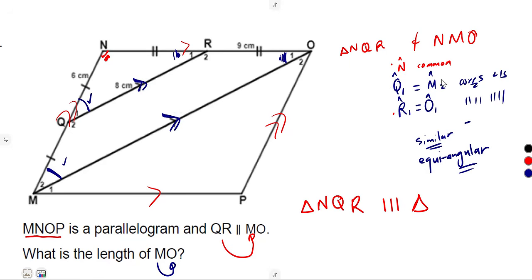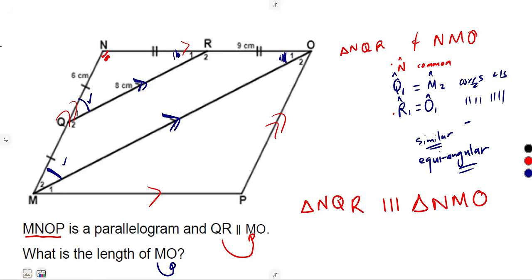To triangle, in that order, N, M, O. The way that you mention the equal angles matters, because someone can name this triangle RQN, so it will be OMN. You have to be very careful in terms of the order the way you put your triangles. So if they are similar,